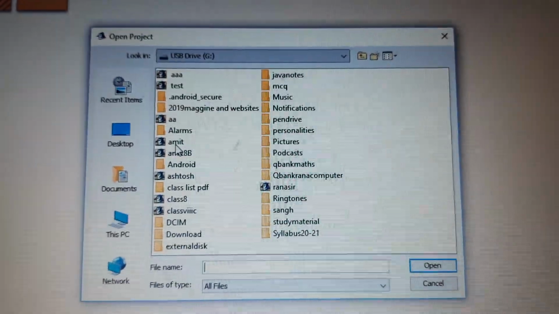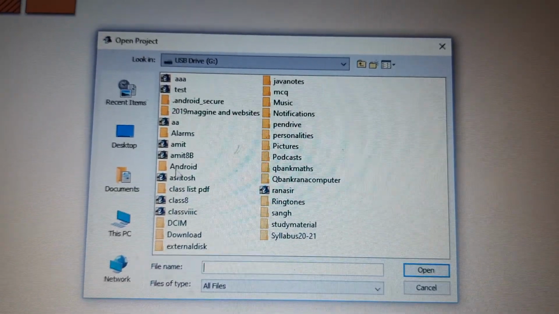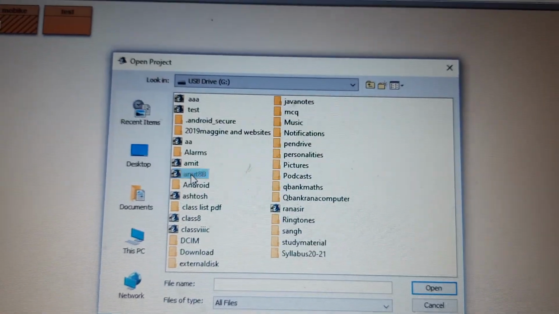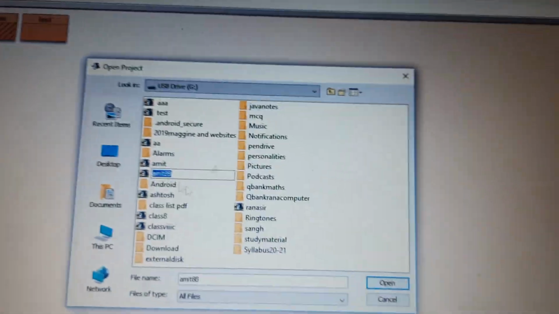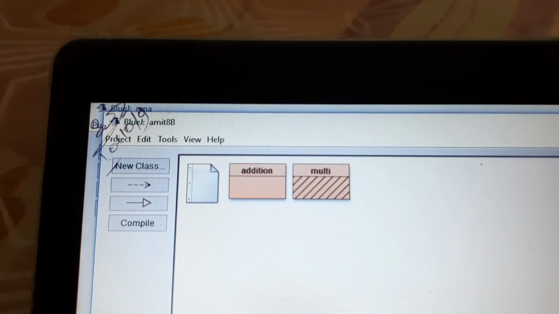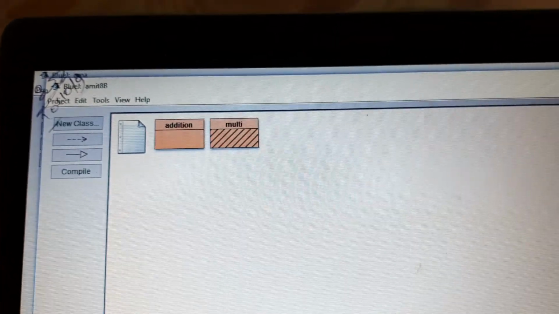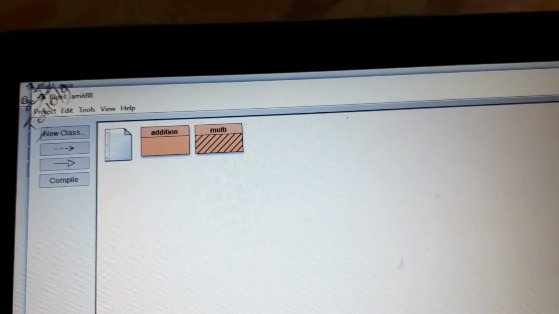You are Amit 8B, I think. This one. Now click on this one. After clicking on this one, click on open. Now you can see your two programs are over here. So how you have to create a project and how you will write and run the programs, I have explained in this video, right?